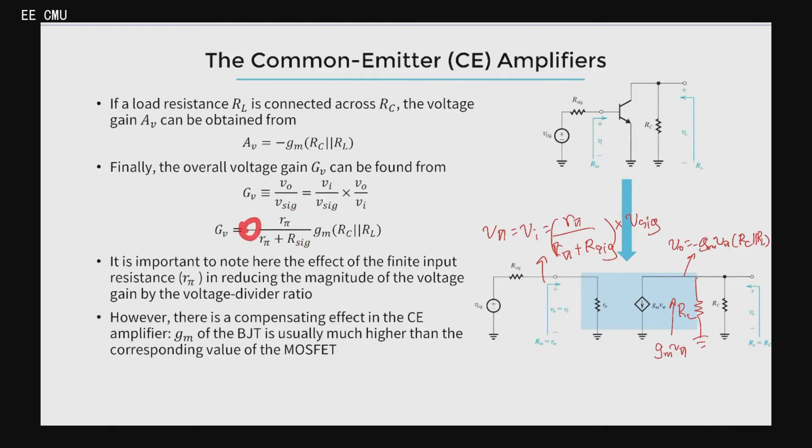And where does the minus sign come from? The minus sign comes from the gain up there. So you can see that for the BJT, since the input and the signal have been attenuated, it is different from the MOSFET. For the MOSFET, the R input is infinity, and the V signal appears directly at the V input as well. But for the BJT, the R input has a finite value, so the signal is attenuated, that's it.